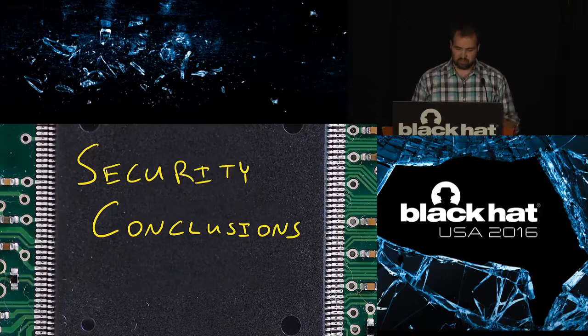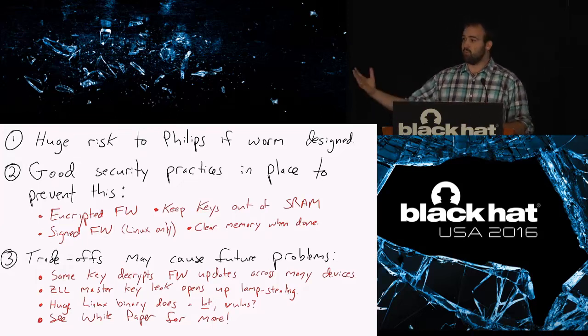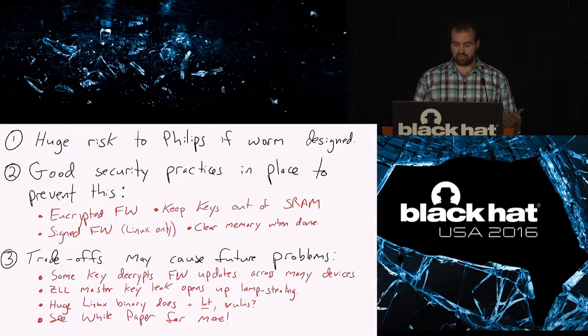So, real quick conclusions here. Obviously, it's a huge risk if that worm ever came to exist, but it's pretty good. They've done a pretty good job, actually. There's some bugs here and there. There's some issues. But it has encrypted firmware, keys aren't in SRAM, firmware is signed, and they're clearing memory when they're done with it. The trade-offs are that